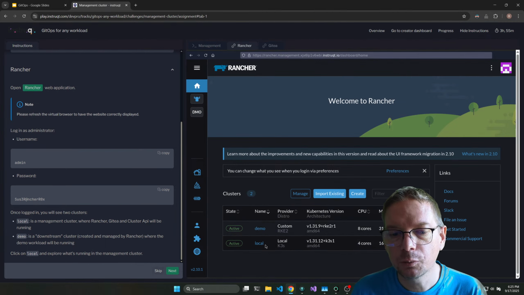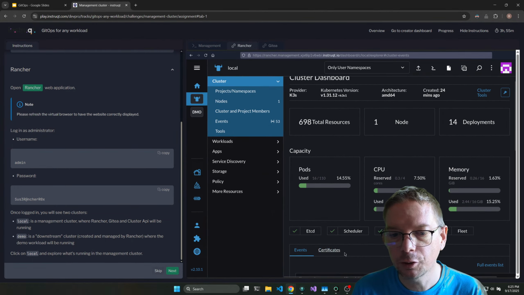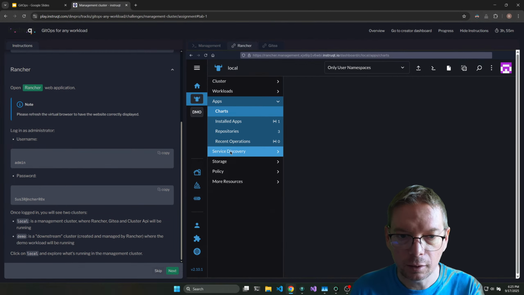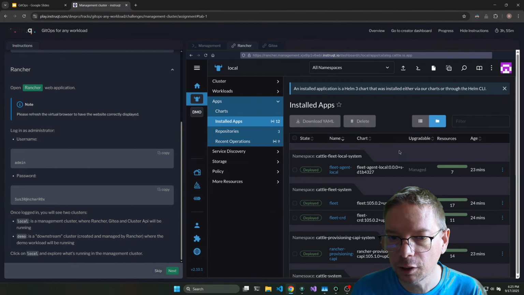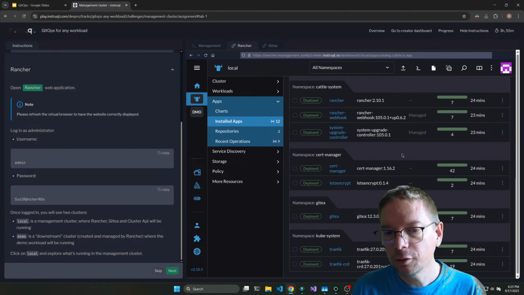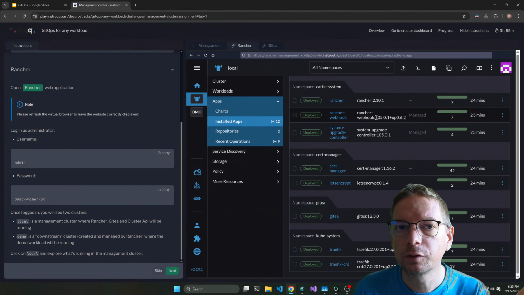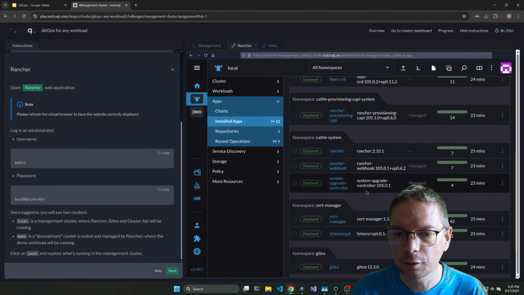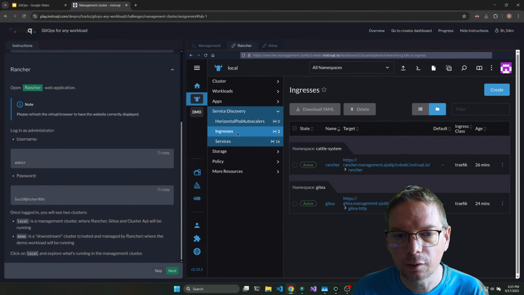And what is very interesting, we can go inside and see what's running. So we have some information, we can see the events. And what I wanted to show you is what's running. So here I'm looking at what's running, and basically the default components from the Kubernetes distribution, which is K3s, plus Gitea, my application, something to manage certificates, and Rancher. And another way to see it, I can look at the ingresses.